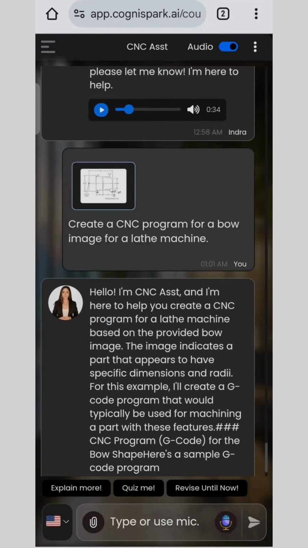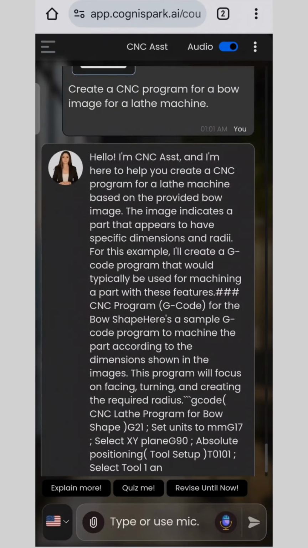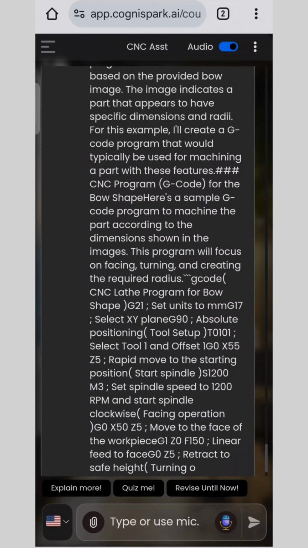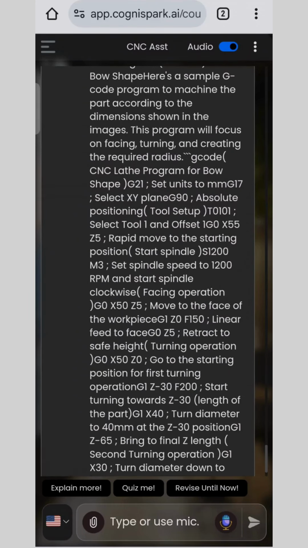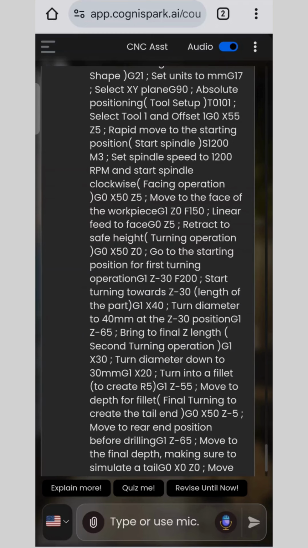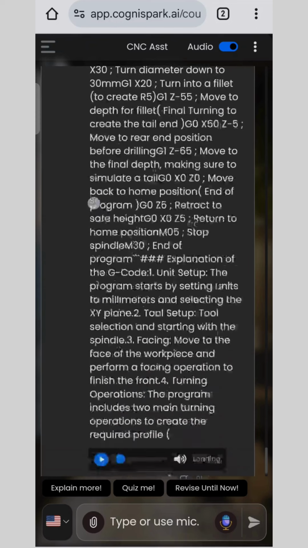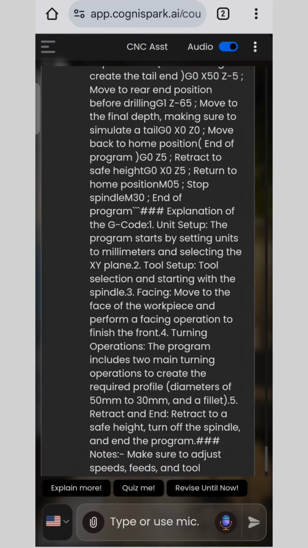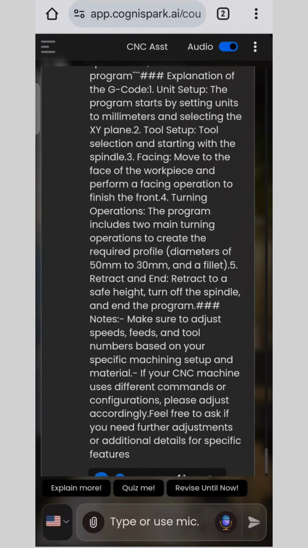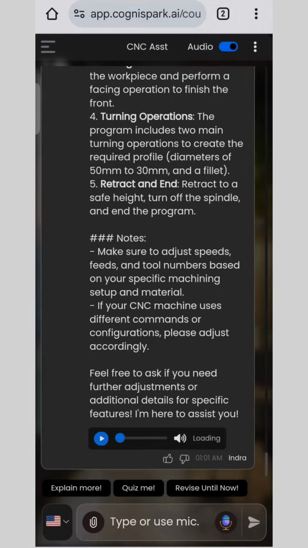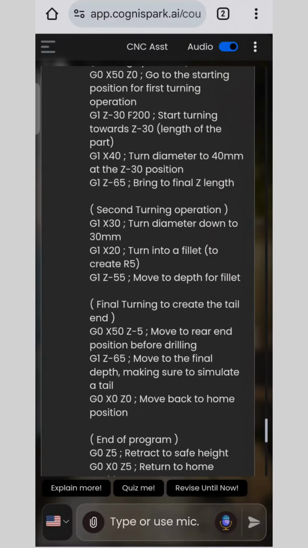So here's the output, and once it's ready, we'll be able to see it. It's generating all the output for the CNC program. It's also called G code, and it's still doing it. And once it's done, it will start talking, or we can just copy paste this program. So as you can see, this is the